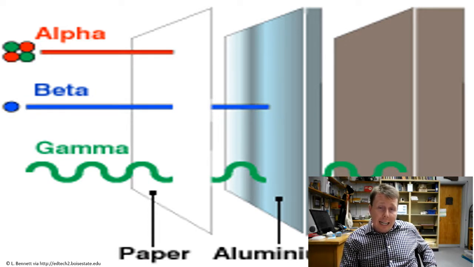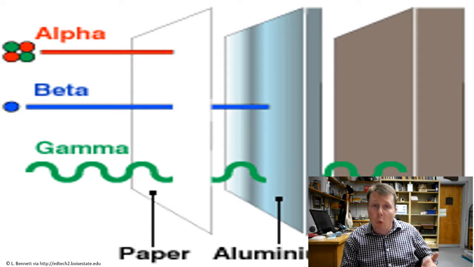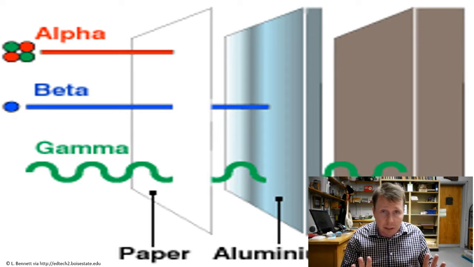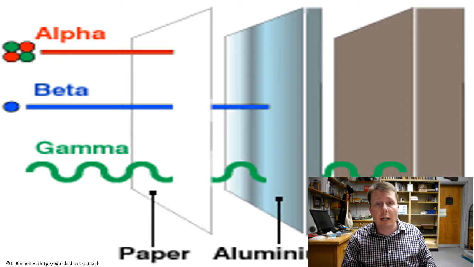We then have beta decay. Beta decay has a little bit more punch than alpha decay, and it will penetrate paper, but it will not penetrate your skin, and it won't penetrate aluminum. This diagram doesn't show how thick the aluminum is, but given that it won't penetrate our skin, I would say that maybe even a flimsy sheet of aluminum foil might be enough to block beta decay, but I'm not a nuclear physicist, so don't quote me on that one. Needless to say, aluminum will stop beta decay.